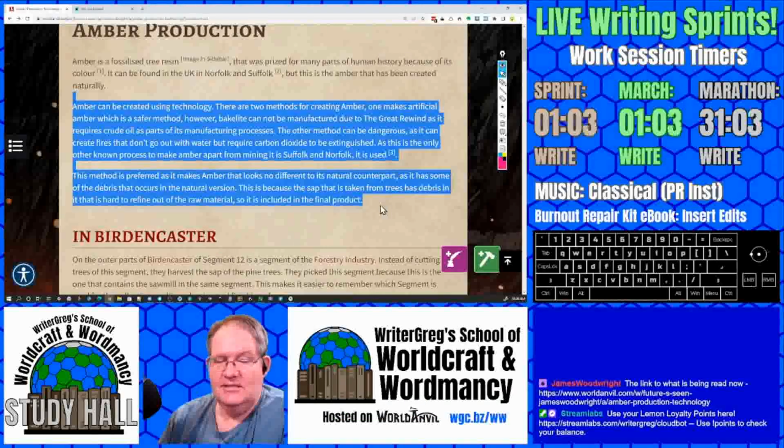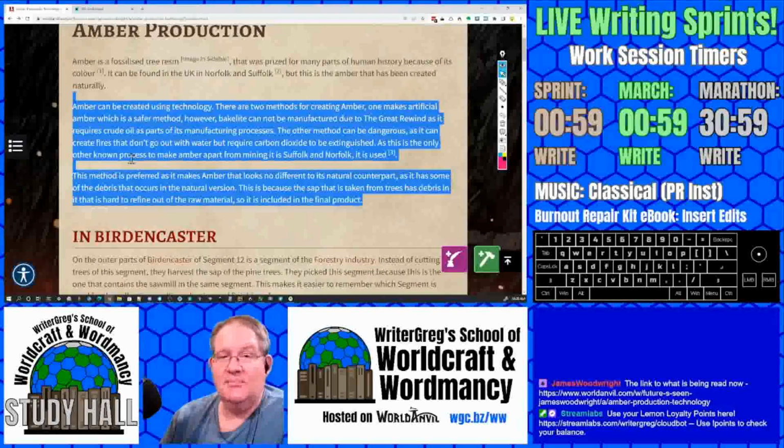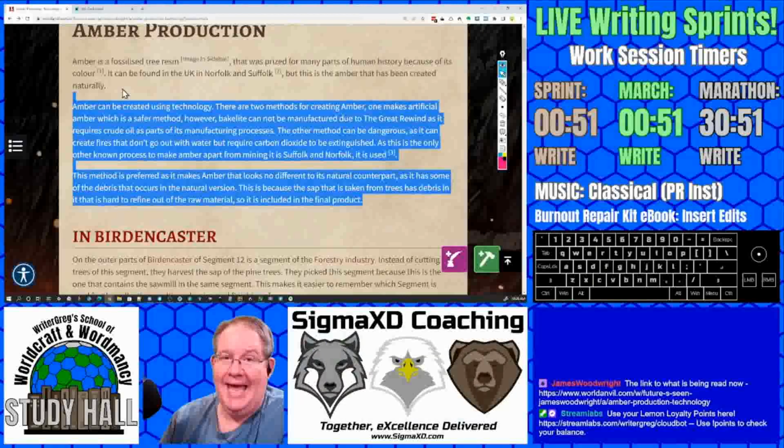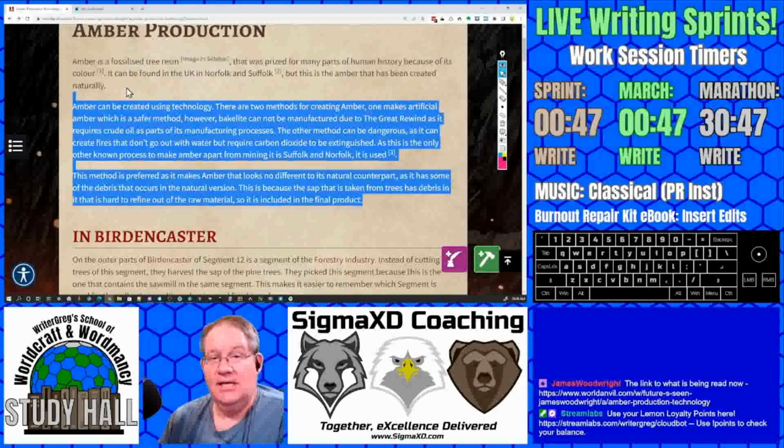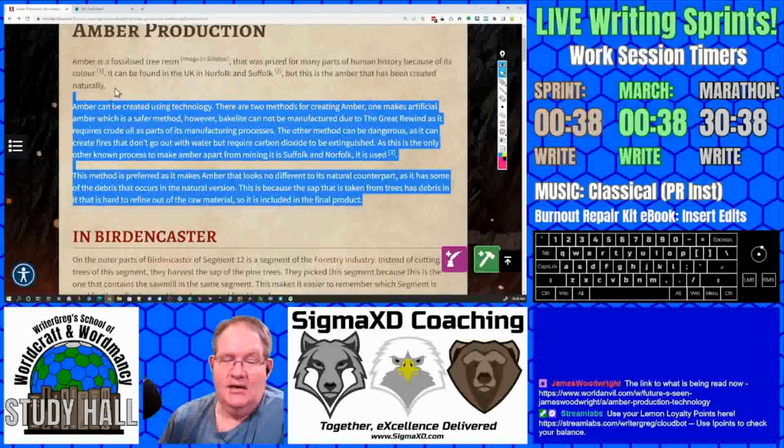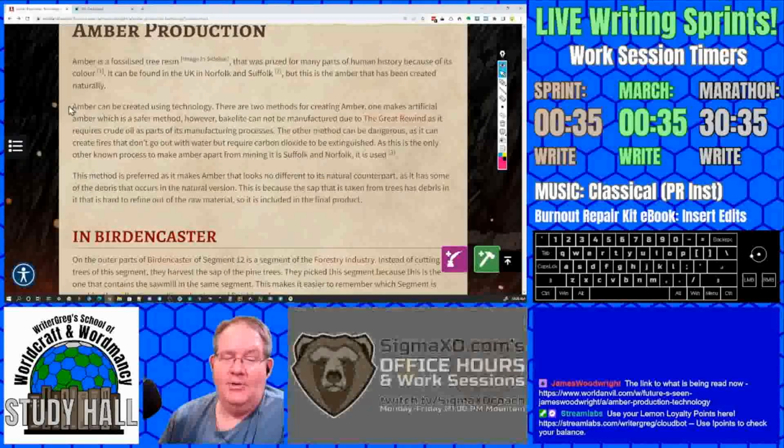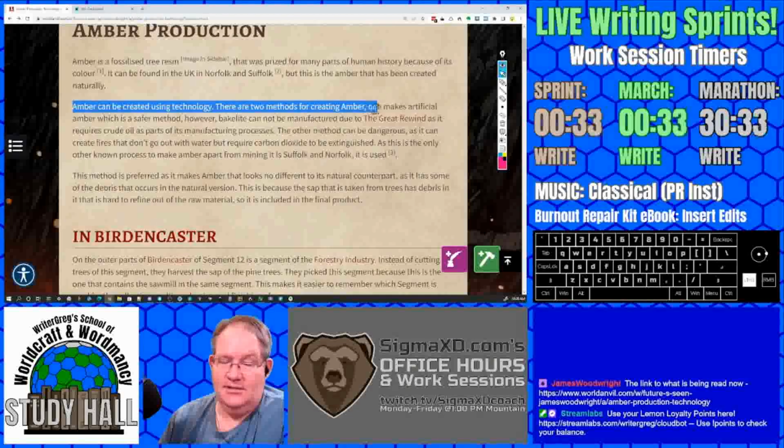here, this is less of an introduction, and this is starting to talk about the concept that we're here for, talking about amber production. And here you use two different methods of describing how amber is made. I would recommend having some subheaders in here. You can talk about like a header 2 or a header 3, depending on your choice. You could say, all right, amber can be used creative technology. There are two methods.